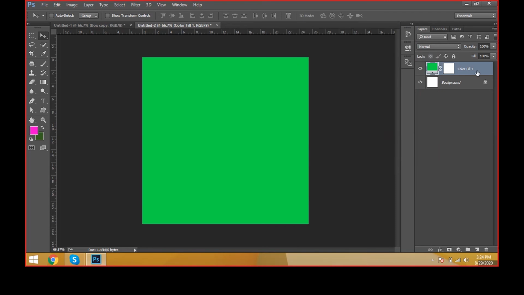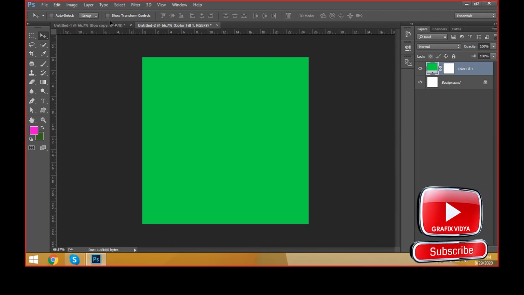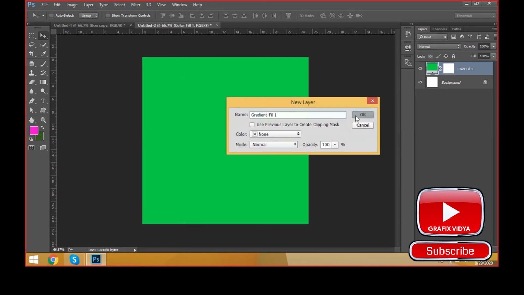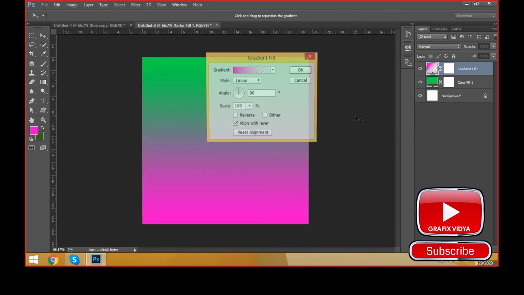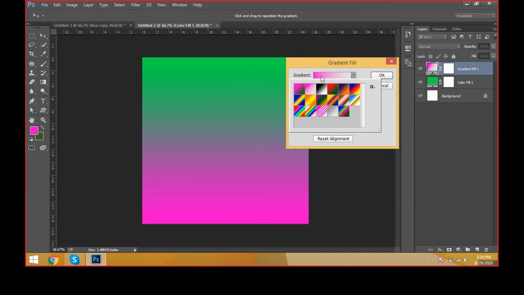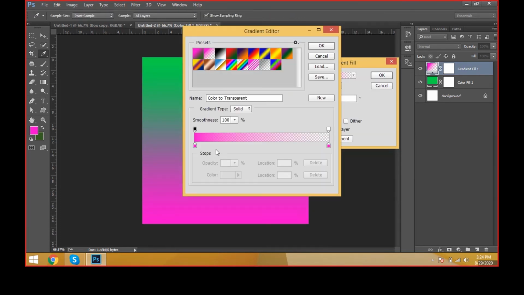I don't want this one. I would like to apply a gradient effect. For the gradient effect, come to layer, new fill layer, gradient. Just click on the gradient like this, and it has taken the gradient with transparency, where one side is the complete color and the other side has opacity 0.